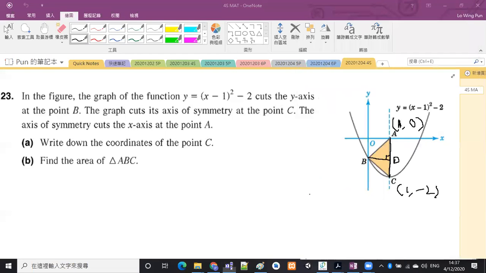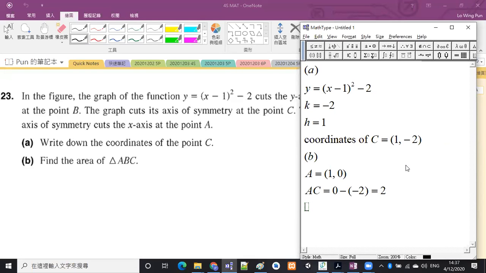Okay, and then I want to find the height BD, but I need to know the coordinates of B first. Do we? 嗱，其實呢度咧根本就唔需要揾 B 嘅坐標，亦都唔需要揾 D 嘅坐標嘅。